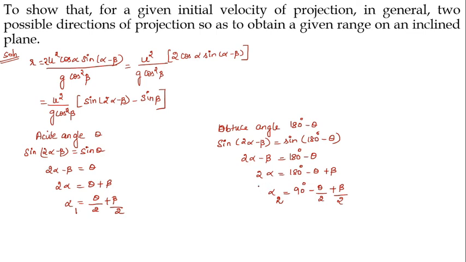Right. So we know that the maximum range is obtained by the angle alpha for maximum range. The alpha is pi by 4 plus beta by 2. So I can subtract this maximum range angle from the acute angle, and I subtract this maximum range angle from the obtuse angle. Right? So what will be this answer? Like this I can consider as alpha minus alpha 1 and alpha 2 minus alpha. That is what we are going to find in the next slide. Okay.